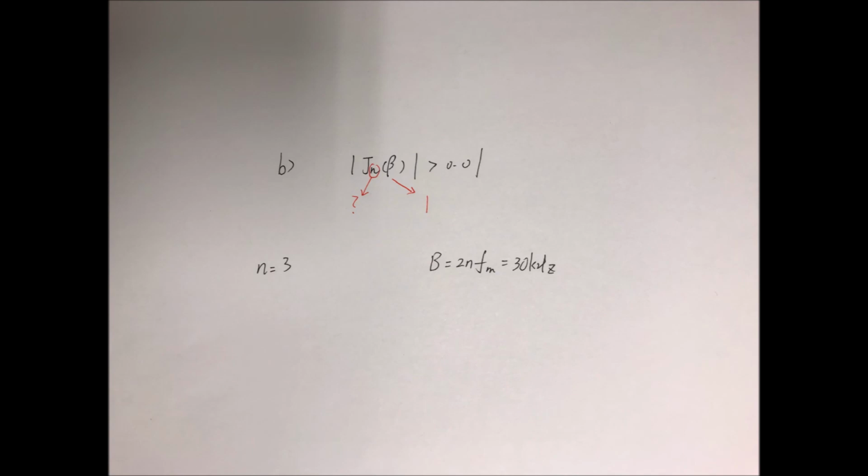This one we obtain the bandwidth directly from the spectrum. So this one is more accurate than Carson's, but Carson's rule is close. It's close. If you really want to get the accurate